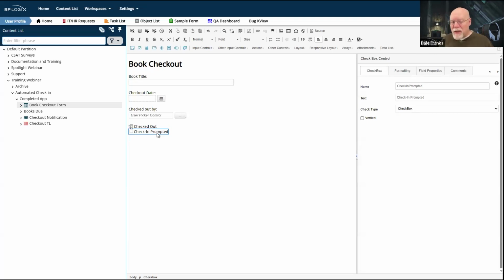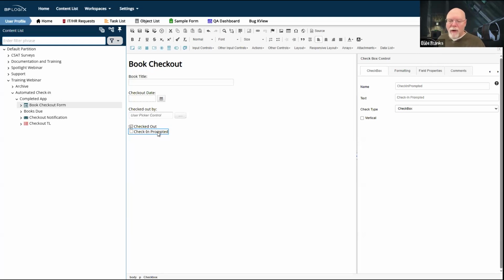I'm going to use this field to ensure that if I run, because we're going to run this from a goal. So when my goal runs, I'm going to want to check to be sure that not only is a book checked out, but that the user hasn't already been prompted to check the book in. Because whenever my goal runs, I'm going to be kicking off a process for this particular checkout. And if that process is already running, well, I don't want to replicate that by kicking off another process for the same book and the same user.